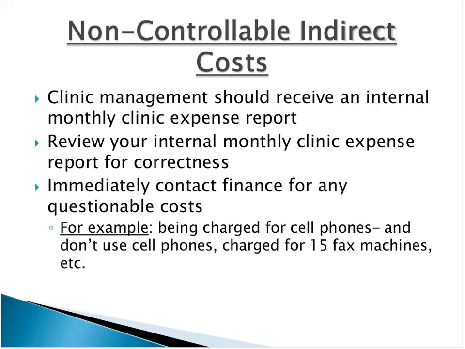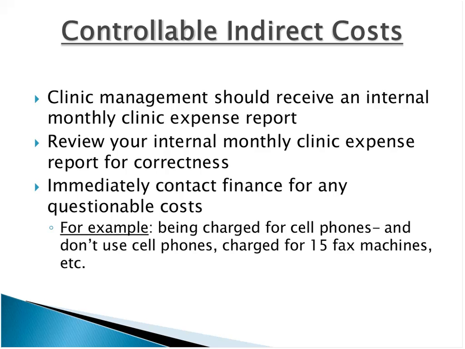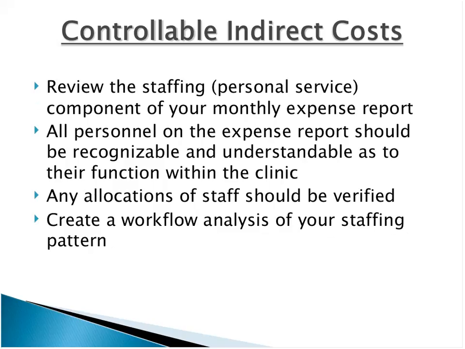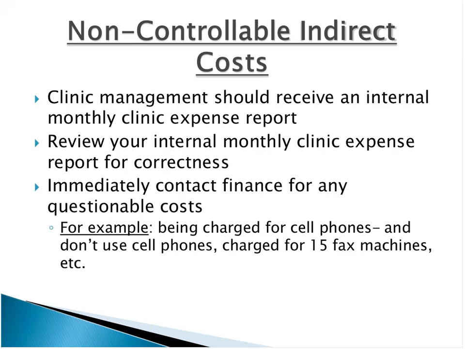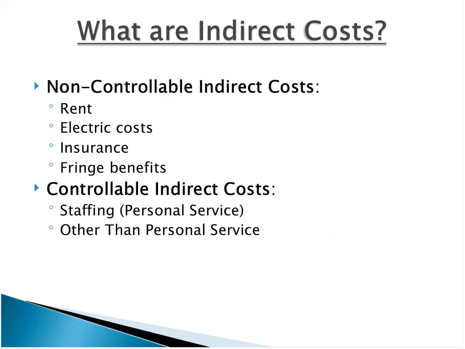Now there's controllable indirect costs, and you can see from the slide that the controllable indirect costs that we're talking about are staffing and other costs that you can control. A clinic can control the staffing, how many front desk people we have, how many clinic directors we have if they're not seeing caseloads, how many other types of administrative people are needed to deal with the operations of the clinic. That's the staffing. The other types of costs that can be controlled, other than personal service or OTPS, are